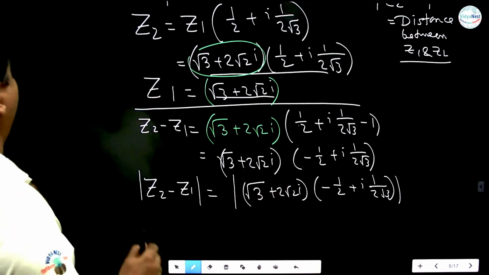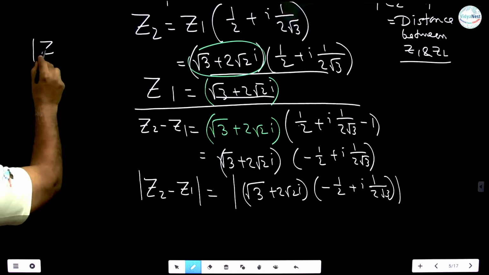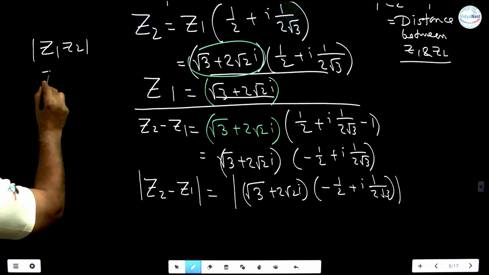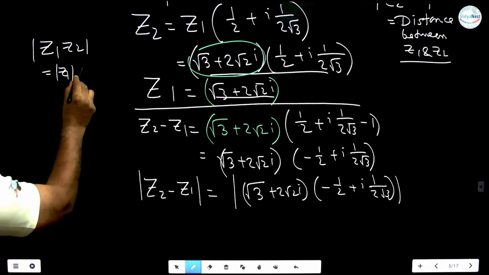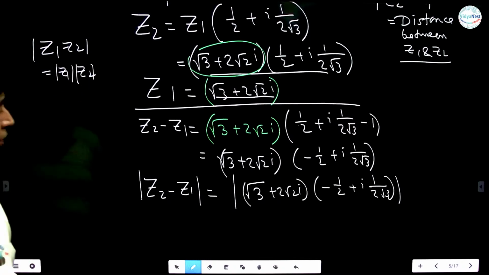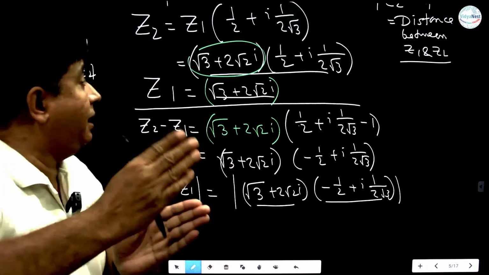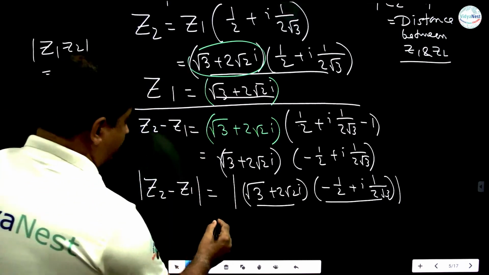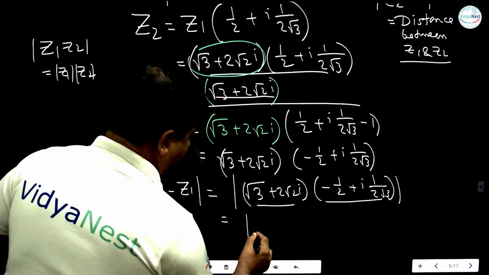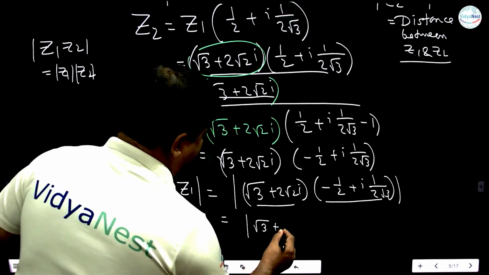But you know, mod Z1 Z2 is nothing but mod Z1 into mod Z2. So दोनों कॉम्प्लेक्स नंबर का मल्टीप्लाई है, ये मैग्नीट्यूड हम अलग अलग से ले सकता है. सो मॉड ऑफ root 3 plus 2 root 2i इंटू